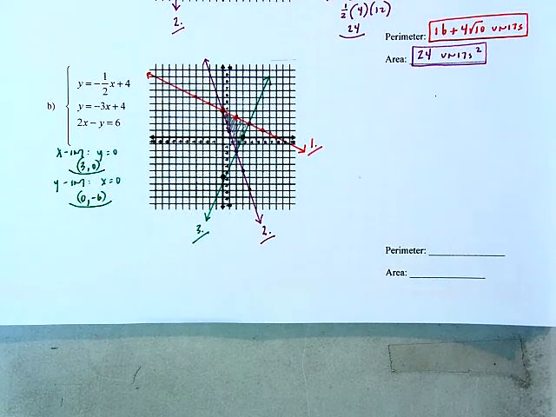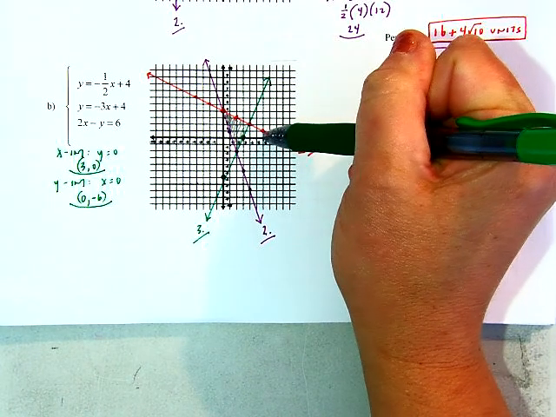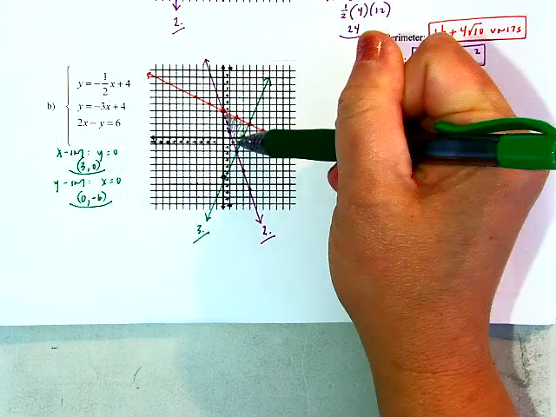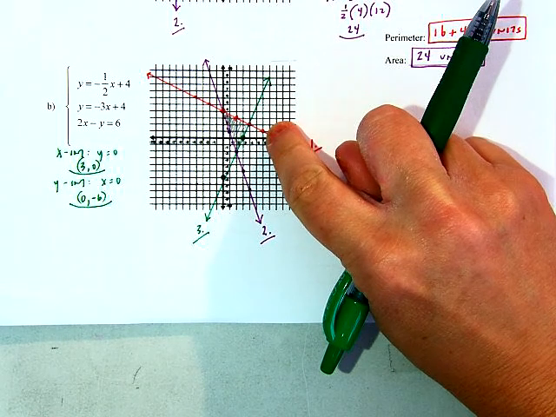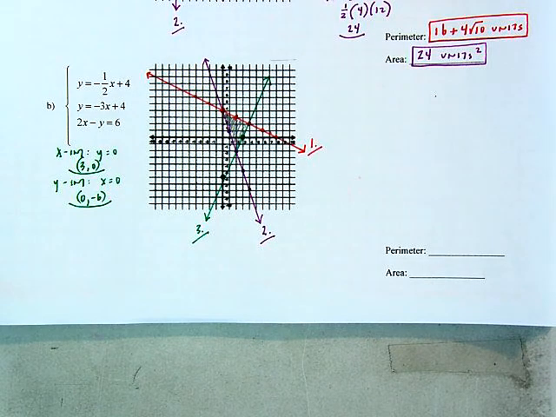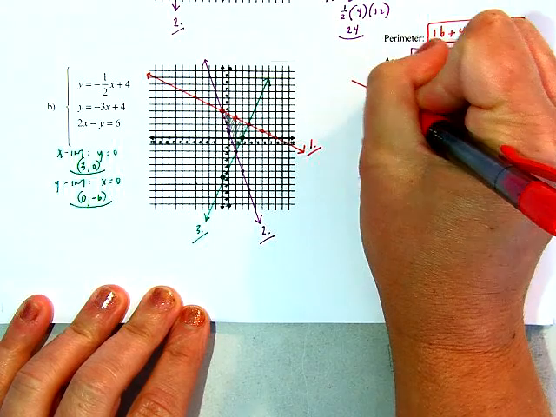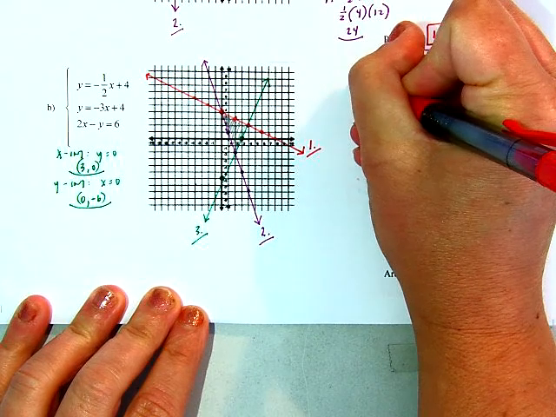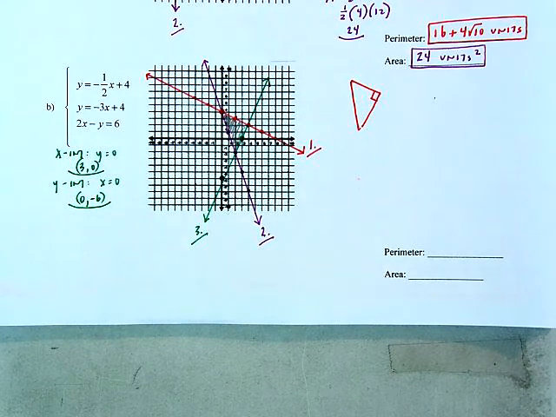Okay, and one thing that I notice is that this is also a right triangle because this line has a slope of -1/2. This line has a slope of 2. So I know that these pathways here and here, they are perpendicular. Their slopes are opposite reciprocals. So let me off to the side do a little sketch of this triangle. Okay, so there is roughly what that triangle looks like,